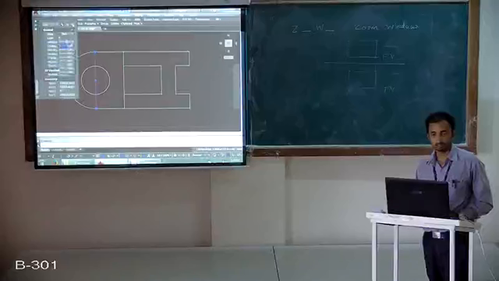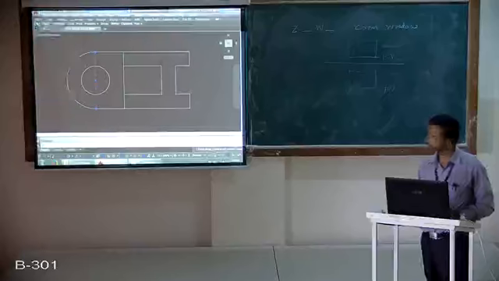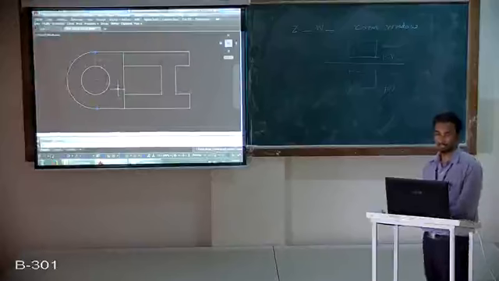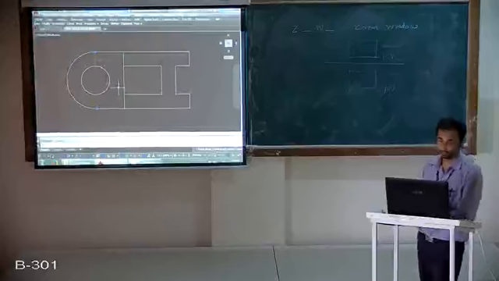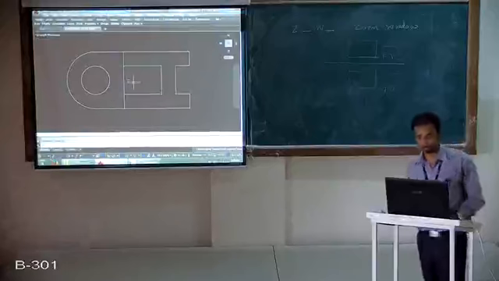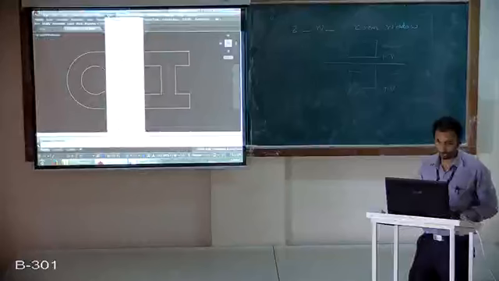Okay, you all understood up to this point? Okay. Now how to show the section? So for that purpose, either you go to draw toolbar and use this hatch command, or the shortcut for this is H space. Either method you can use. So click on this hatch option. It will ask for pick an internal point. That means you have to select the internal area where the section has to be shown.